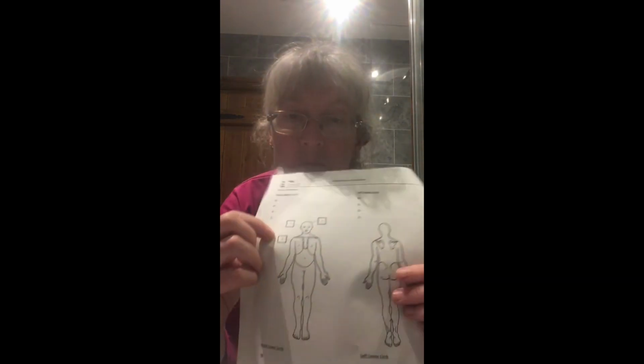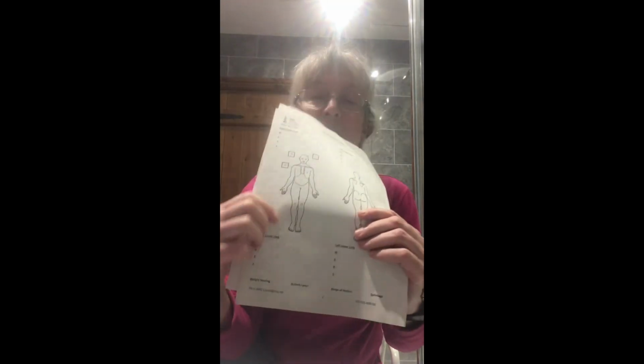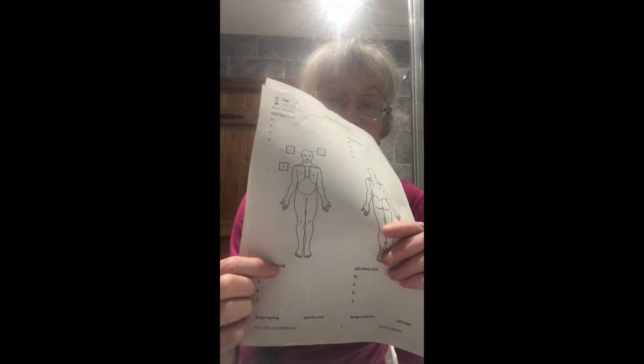and they have a little body here, and I marked a few things here, but I think that were my problems. But then you see, no one marked my foot, my left foot, and that left foot was a huge problem. My left foot was really big and is still giving me pain, and sometimes it slips and the pain is excruciating. I cannot put any weight on it then, and then 5 minutes later it's normal and I can walk on